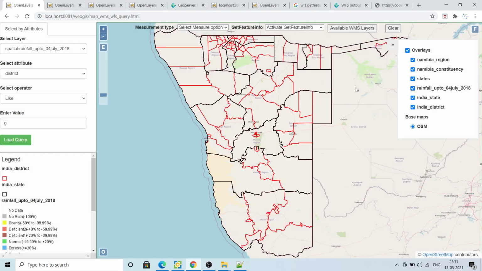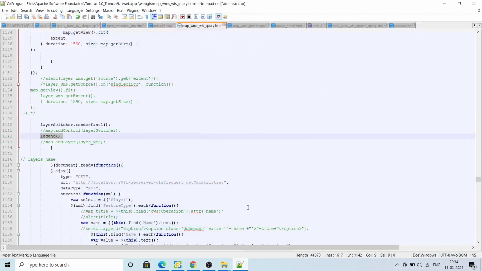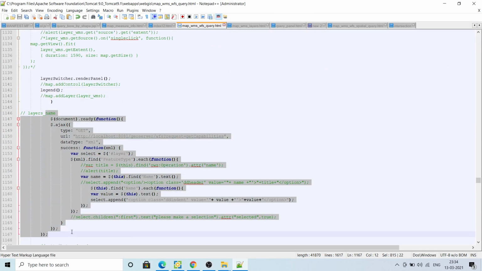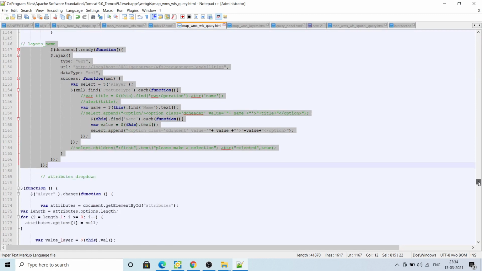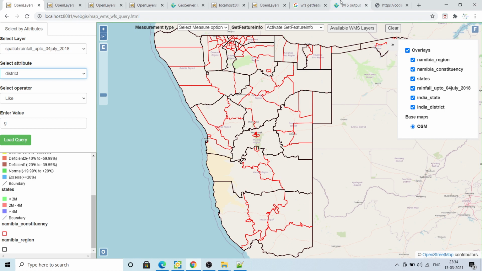After adding this Namibia region, this new layer comes, and here also it is coming, so it will keep on coming here, and the region will come in this panel. This layer name is for this tab. Then after that there will be the attribute tab. This is the attribute drop down, so basically this one.